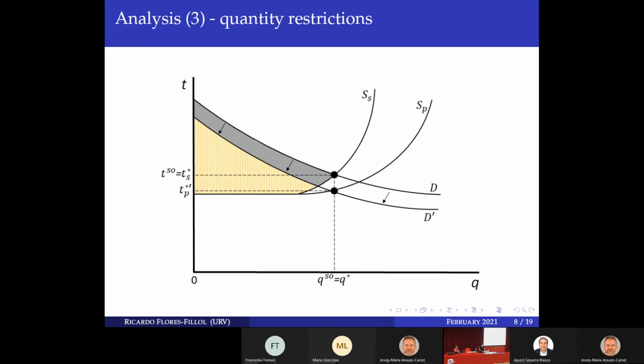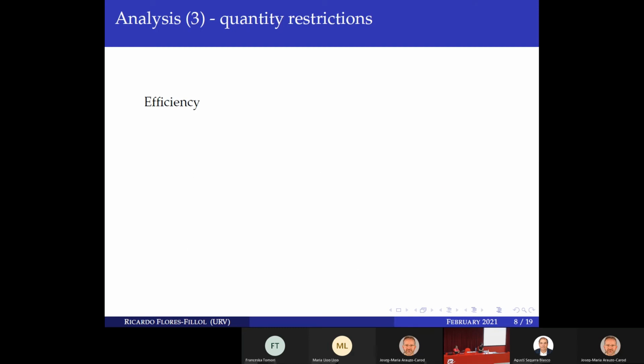Okay? But for us, it's very crystal clear, right? If you compare both policies in terms of efficiency, it's pretty clear. Congestion tolls are much better because people who value the product are the ones who pay the congestion toll and get into the city. If you have a high valuation of the product, you will pay the toll and you will be happy because you will get into the city, you will arrive on time, you won't be stuck in a traffic jam, and congestion tolls are very low, €1, €2, so it's relatively low.